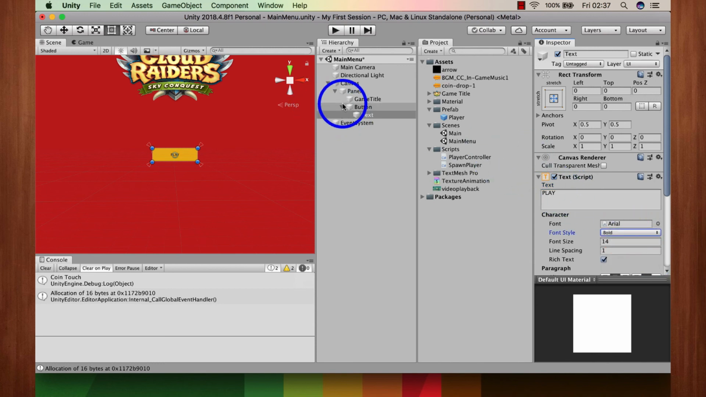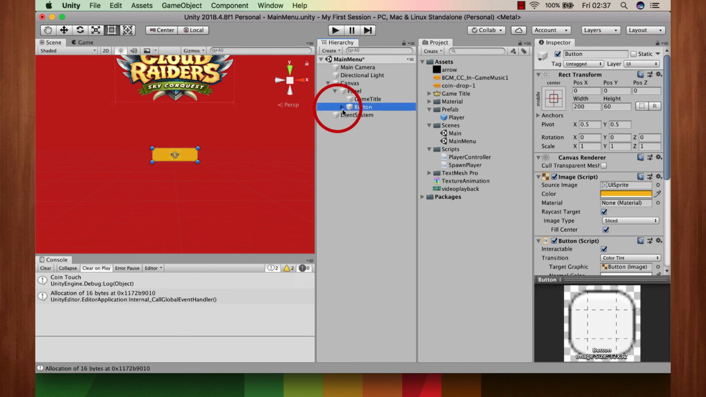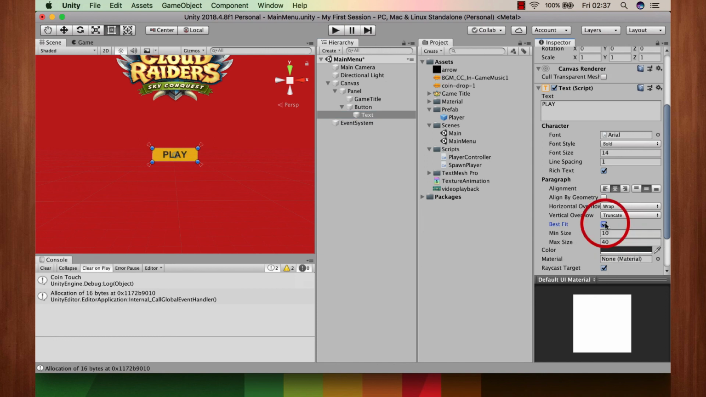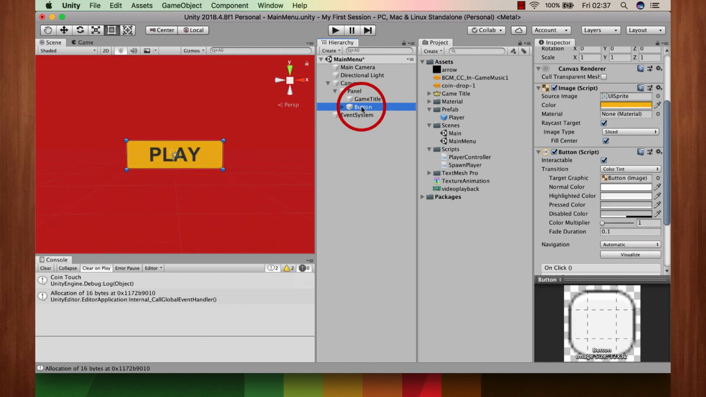So this is done, and the play is still small. What you can do is select this best fit, and now you can see it is bigger in size. So this is done, and our button is ready. So I can just rename it to play button, and what I can do is I have to write a